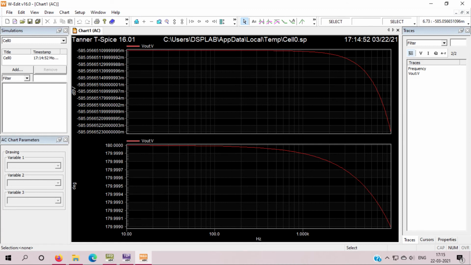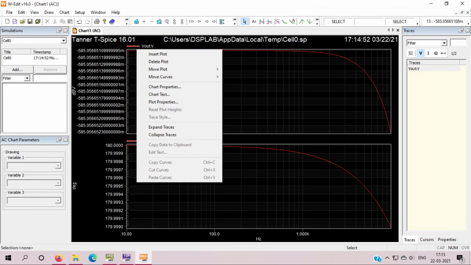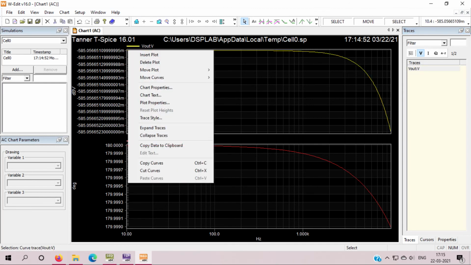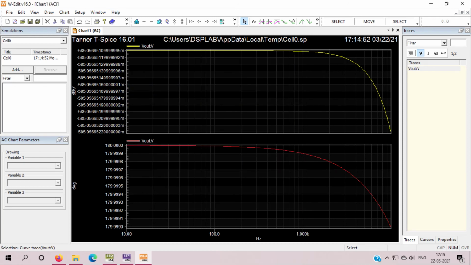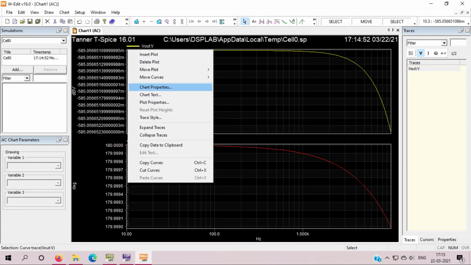So if we convert this, okay, let me check the data, where I will find the data. Plot properties, chart properties. No, let me do this.